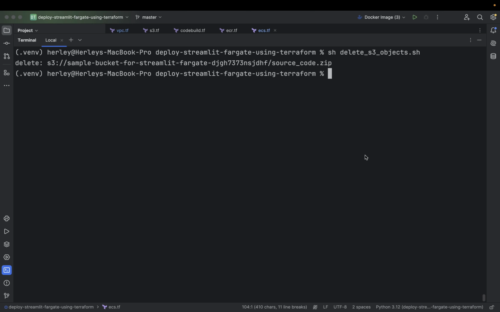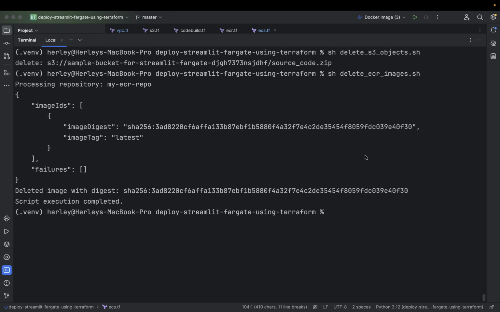And then we need to also delete all of the ECR created images. Alhamdulillah. And now finally, terraform destroy, auto approve. Okay, hit enter.